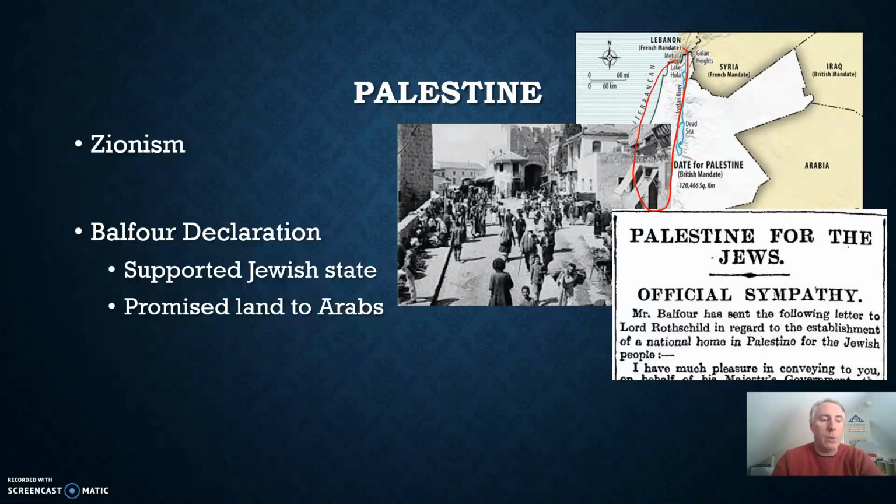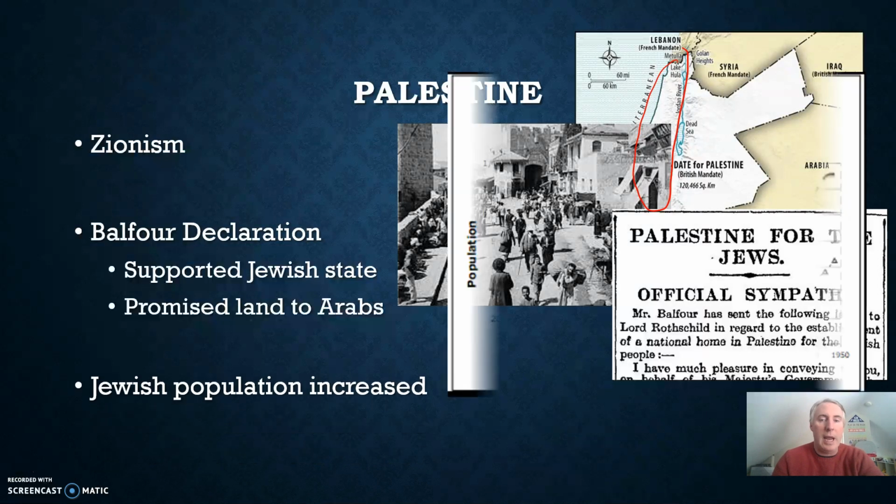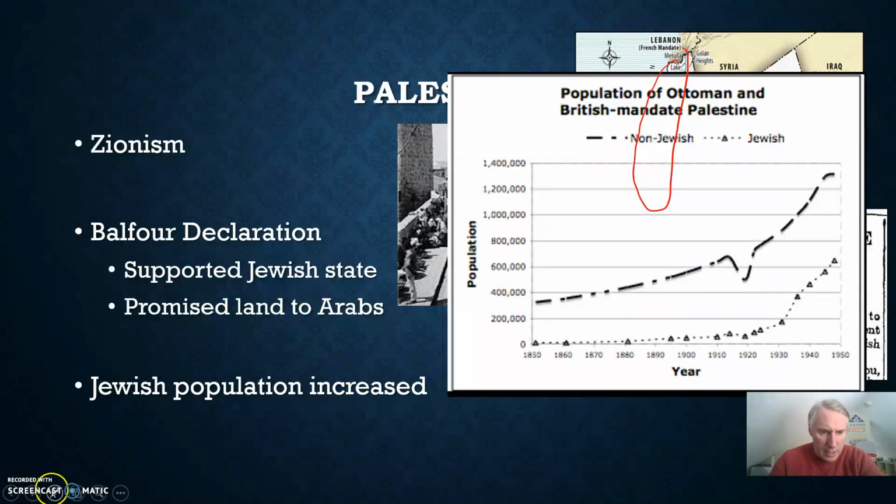And these problems first started to rise when Jewish populations increased in the area. You look at the chart here. One thing you notice is that overall population increased significantly starting in the early 1900s. But you also look at the Jewish population. This is the Jewish population. This is your overall non-Jewish population. So as the Jewish population just skyrockets from non-existent in the 1850s to now over 600,000 by 1950, it's going to create some tension between the two groups.